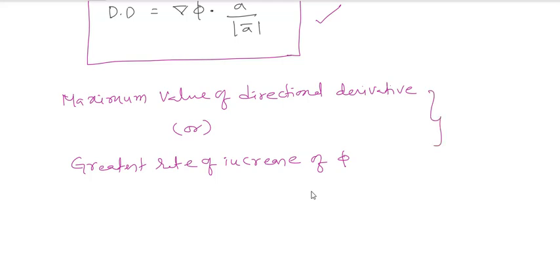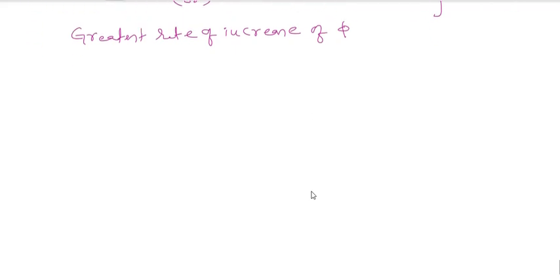So this value will generally be mod of del φ. Sometimes they will ask you directly what is the maximum value of the directional derivative, or the greatest rate of increase of φ. So this is very important. Directly you can make it as mod del φ. That's it. Simple strategy. Yeah. Next